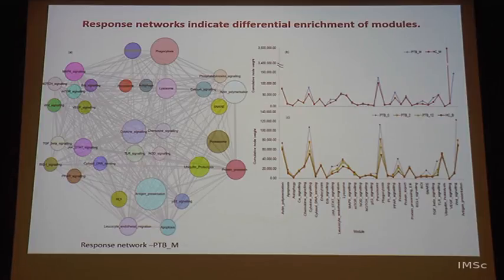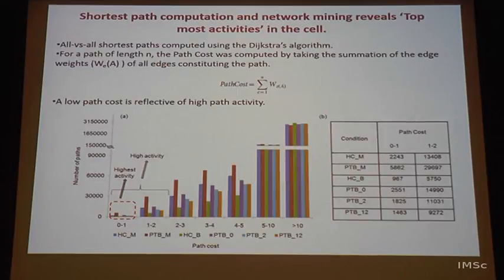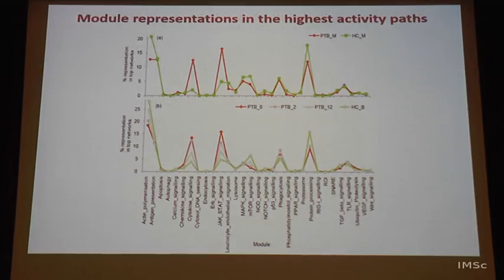Now, you overlay this with treatment data out here, you see that there is a big change. PTB 0 is red, 2, 12 and HC, I think HC is laid out in green here, and these are all the 4 conditions. You can see a gradual decrease from active TB to treatment over this, because this is a JAK-STAT signaling thing that is suppressed when infection is coming down. So, that is a known thing which you are picking up.